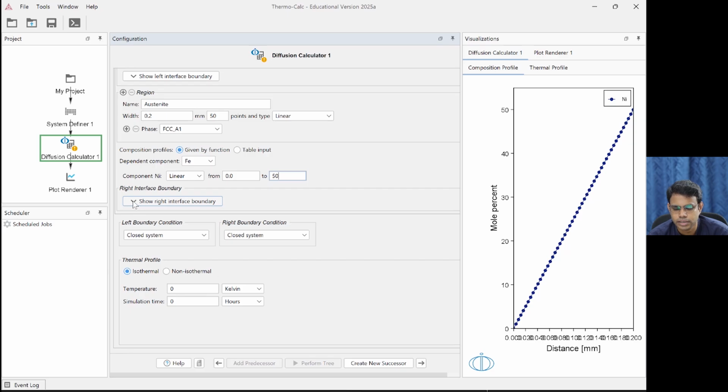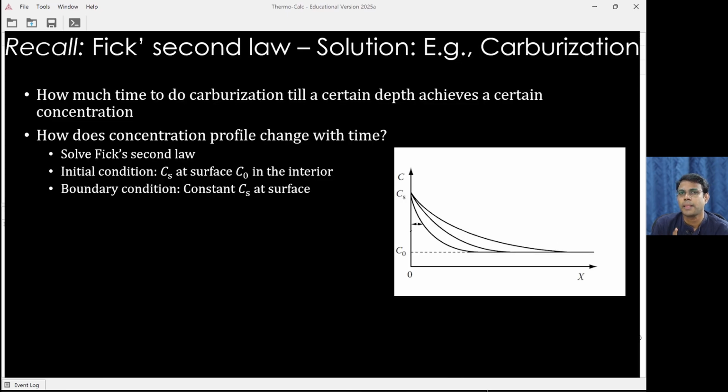Okay, and then the right interface boundary, again we are not going to bother about that. We are not going to set up any phase there. And after that comes left boundary condition and right boundary condition. So what are boundary conditions? This is different from setting up any phase to form. This is more important. If you remember the carbonization example, we said that from the surface there is a continuous carbon supply and the concentration of carbon in the surface is Cs value, which is constant.